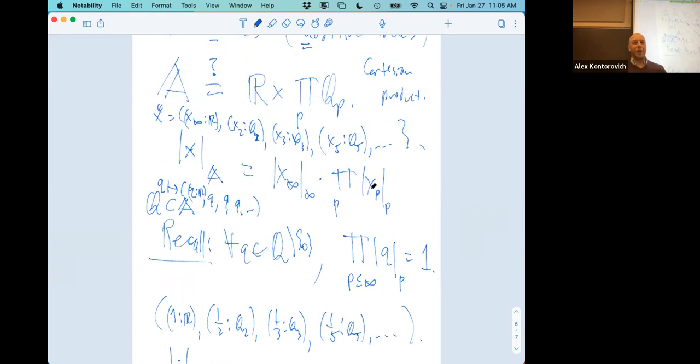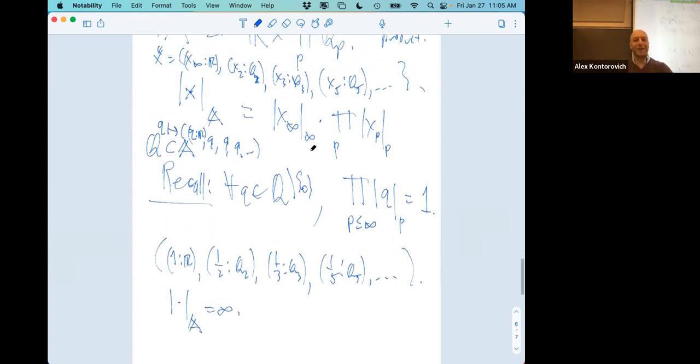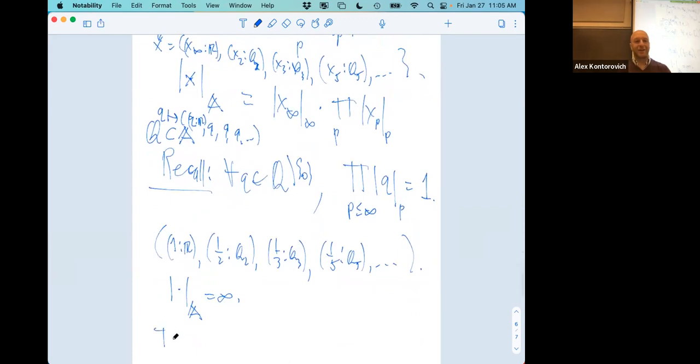Lots of numbers will have, like, if I just take a random x in, let's say, -1, 1 cross all the Z_p's, the product over p's of Z_p's. This should be a very nice set, right? This isn't compact, it's not closed, but fine, I'll make it compact. So if I take some compact thing in R, cross all these nice compacts in all the Z_p's, that product had better be a nice product. So if I take a random element here, what is its Adelic norm?